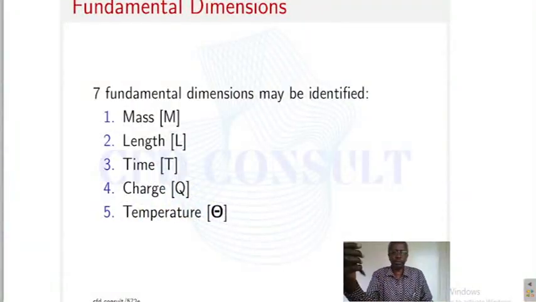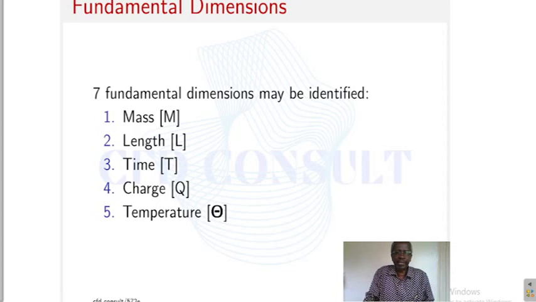And this is because when talking, for example, about specific speeds, we know that various types of machine have different specific speeds, and based on these specific speeds, we are able to select the appropriate type of machine for the appropriate type of application. So there are 7 fundamental dimensions which we usually use in physics for describing a physical